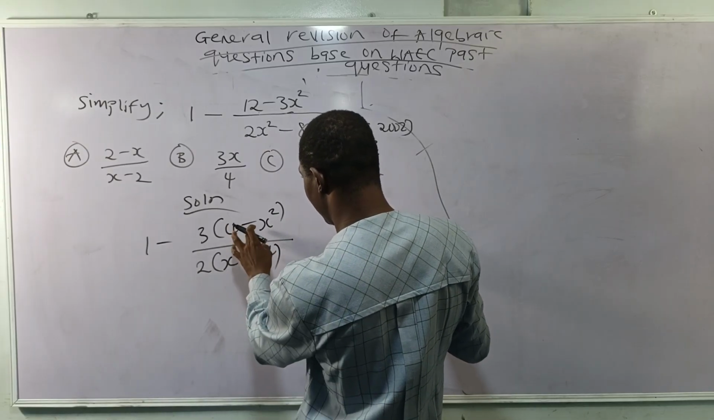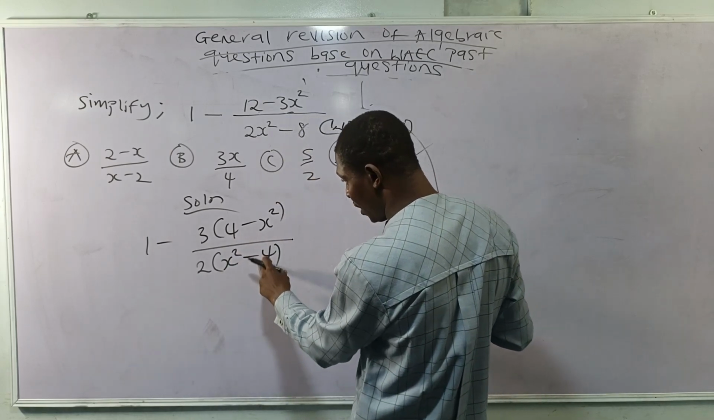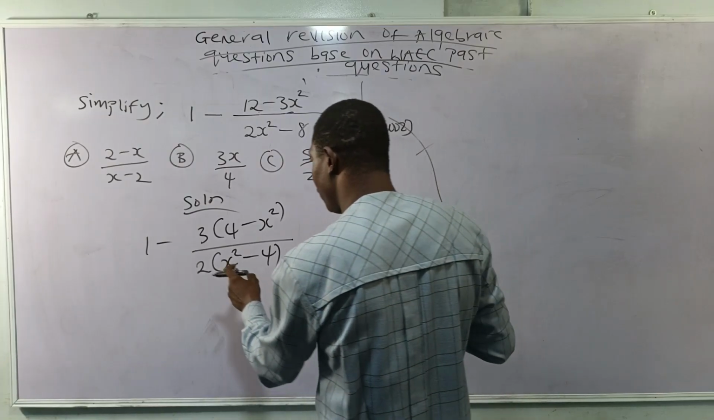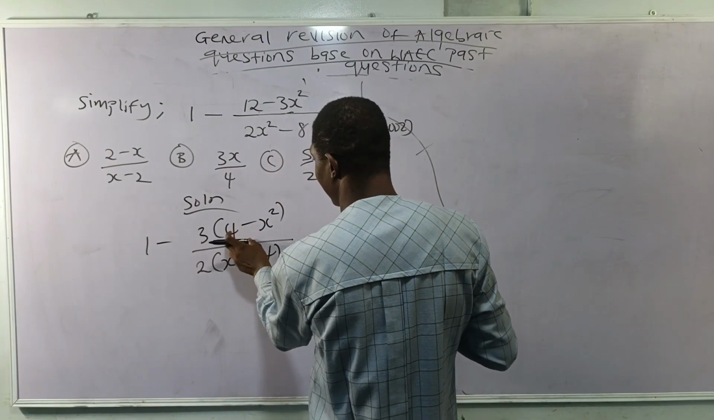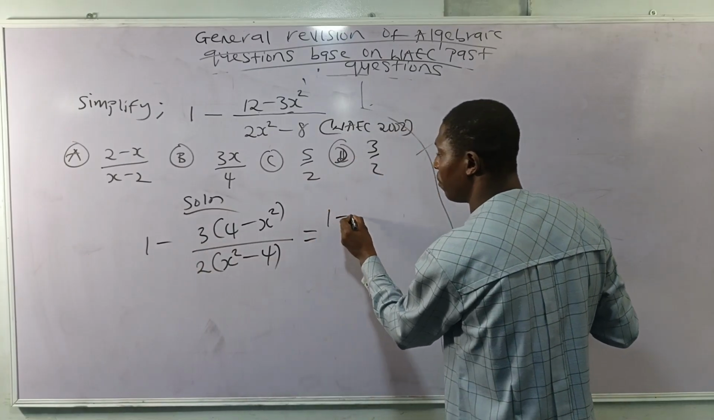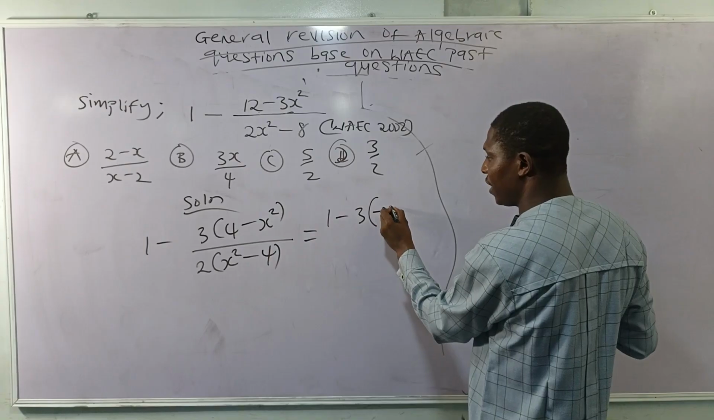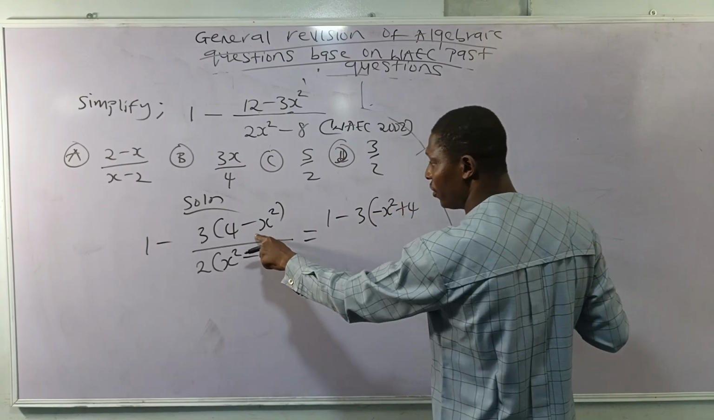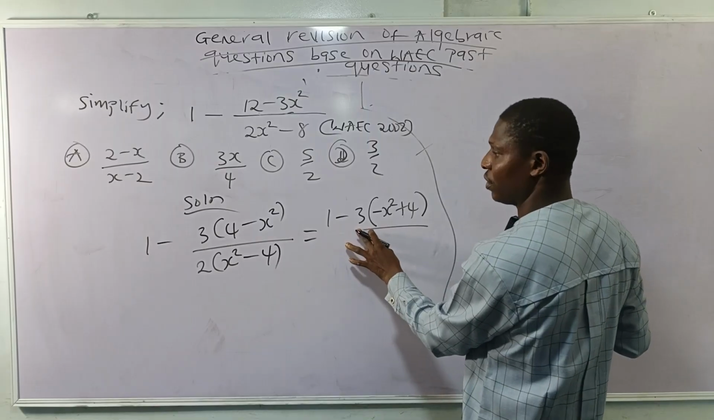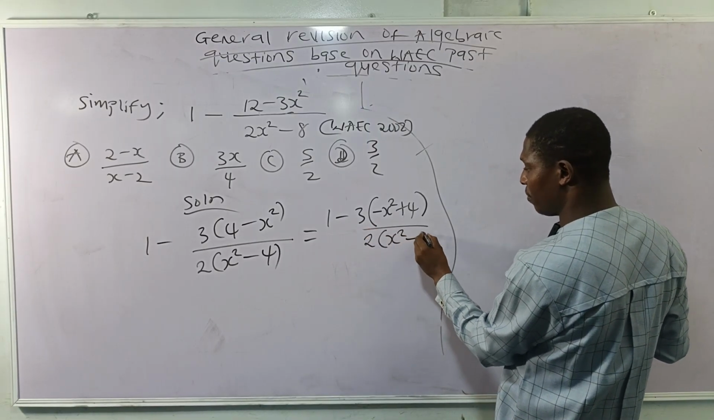So you see that this is positive, this negative what? 4. This is negative a square, this is positive a square. So if I put two negative signs, I can interchange, I can rearrange. So this is the same as having 1 minus 3 in brackets, negative a square plus 4. I only rearrange the brackets, remember, all over 2 brackets a square minus